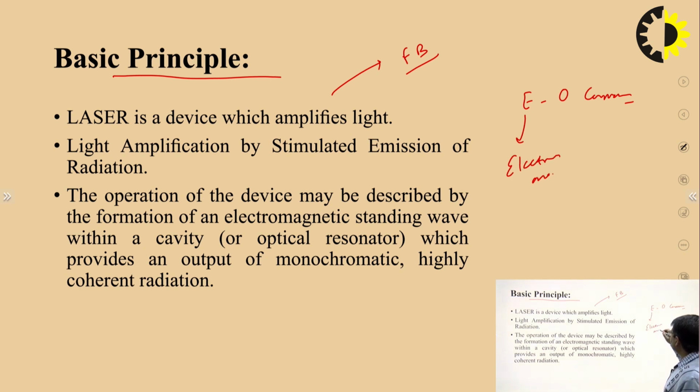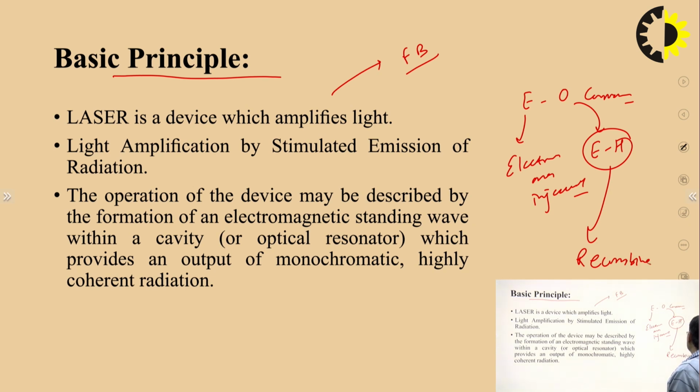electrons are injected, and these gain energy and go into the higher state, and whenever they come down, there is recombination of electron and hole pair. The electron and hole pair recombine together, and after recombination, energy is released in the form of photons or light. Energy equal to the band gap is released in the form of photons, or we can say that light is